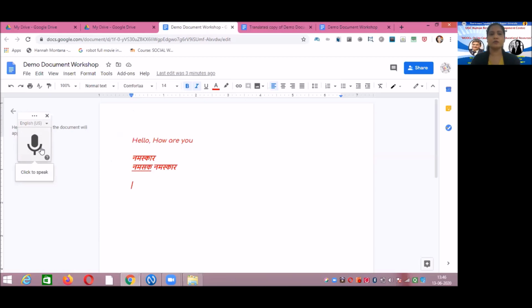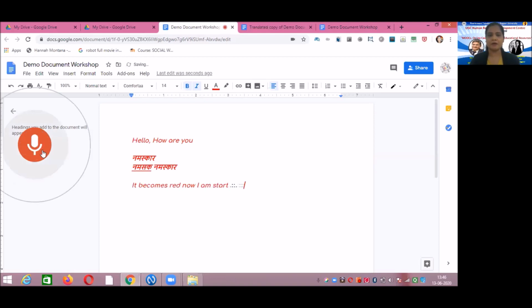When you want to start typing, you have to click on this icon. Initially it appears in black color. When you click on this, it becomes red. Now I start typing, or I start saying any word. See, whatever I am saying, the document is typing.